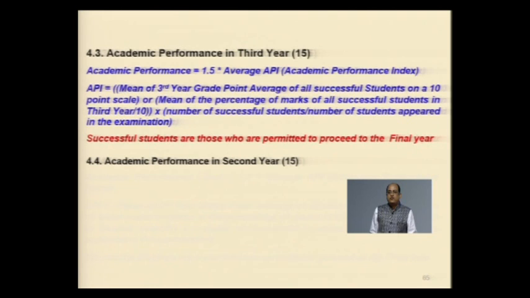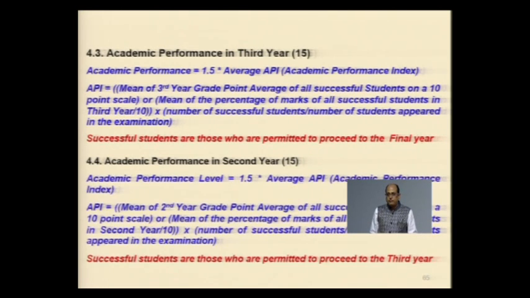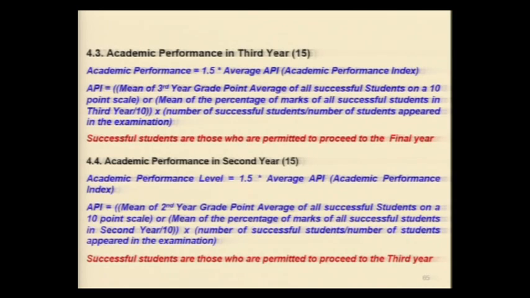Similarly, the academic performance in second year. The second year academic performance means the students who are permitted to go to the third year. Now, the two performances, second year and third year, are at program level. First year performance will come in criteria number 8, when the first year marks assessment will be made, and final year academic performance is not a part of the self-assessment report, as it is very difficult to differentiate the programs based on final year performance.